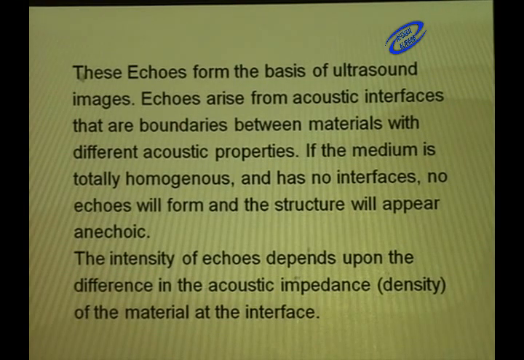So whenever there is a difference of density, the reflection of the sound wave will occur, that will give rise to an echo which will form the image. If the medium is totally homogeneous and has no interface, no echoes will form and the structure will appear as anechoic or completely black. So if the image is homogeneous and there are no interfaces, no reflection of the sound wave will occur. The intensity of echoes depends upon the difference in acoustic impedance, that is the density of the